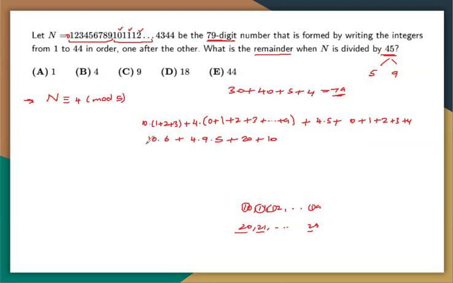So I can say 10 is congruent to 1 in mod 9. So that will be just 6. And then that will be a multiple of 9, which is going to give us 0. And then 18 plus 2 is 20, which is going to be 2 for mod 9. And then it's going to be 1. So that is mod 9. So when you add this 6, 2, and 1, which is going to be 9. So 9 is congruent to 0 mod 9, meaning that that's divisible by 9. So meaning that our n is congruent to 0